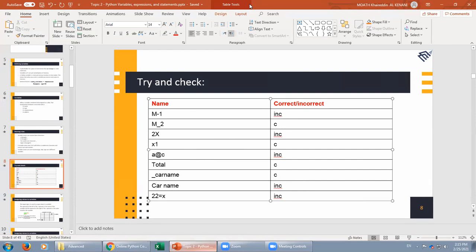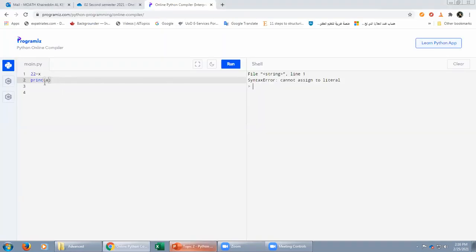ليش انا بعلمك تسمي الفاريبلز؟ لانه اساس الموضوع كله فاريبلز. في ناس بحطوا سبيس بفكر حاله انه قاعد بكتب نص عادي، ما بصير. هذا متغير ما في سبيس. اندرسكور مسموح، ات غير مسموح، وهكذا. تمشي بالطريقة اللي احنا كاتبينها. تو ان تبدا في رقم ما بصير. تعكس الاسناد ما بصير. هذا الاسناد يا شباب